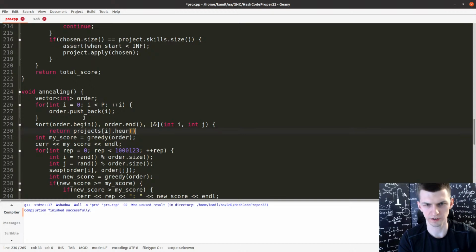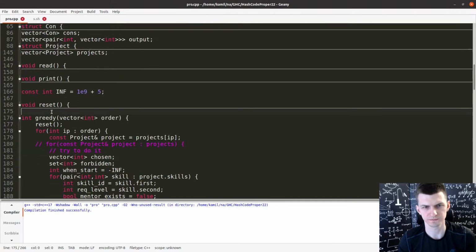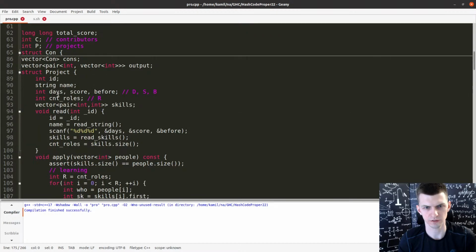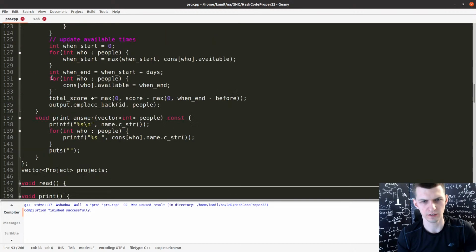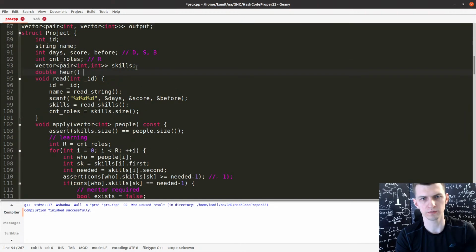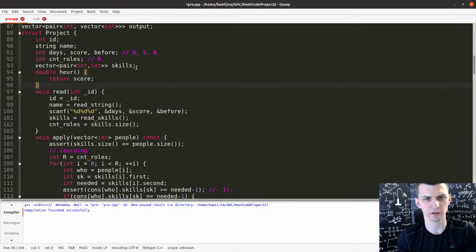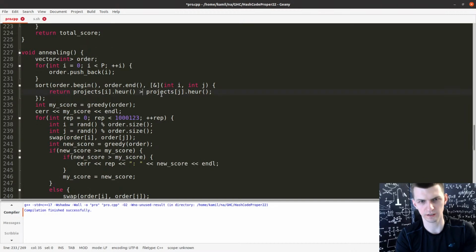There will be some heuristic function, and I will first sort the projects using this function. Now I tried sorting during a contest using different heuristic functions, so here there are many possibilities. For now, let's say that the heuristic function is score, and the bigger, the more priority I want to use. So sort like that.